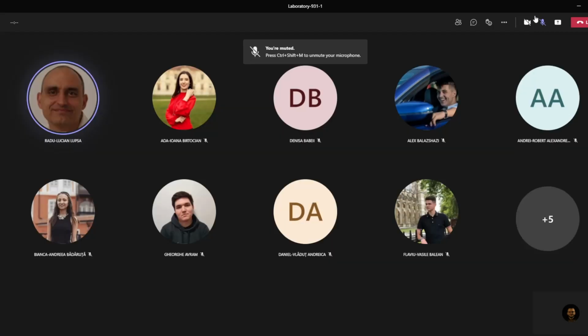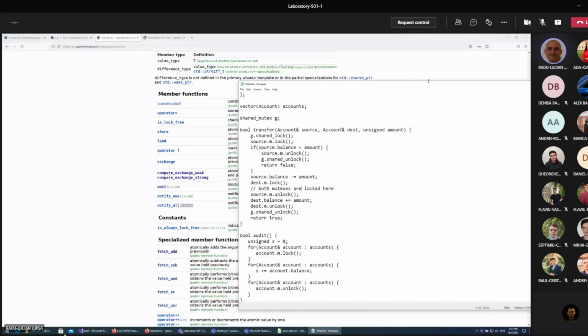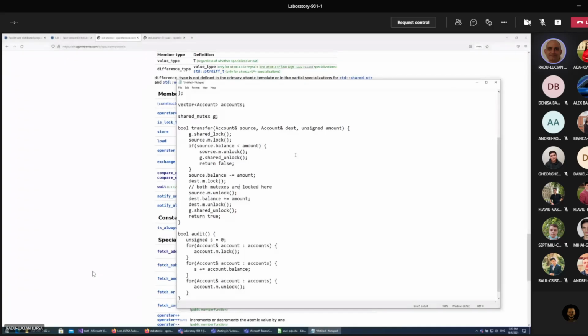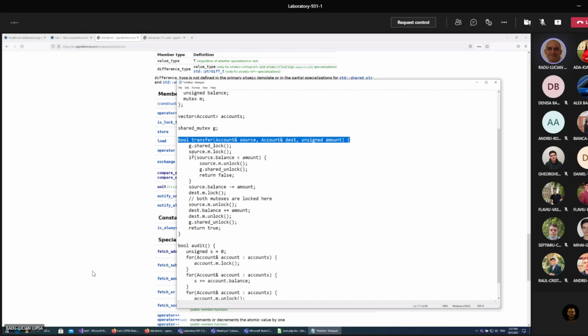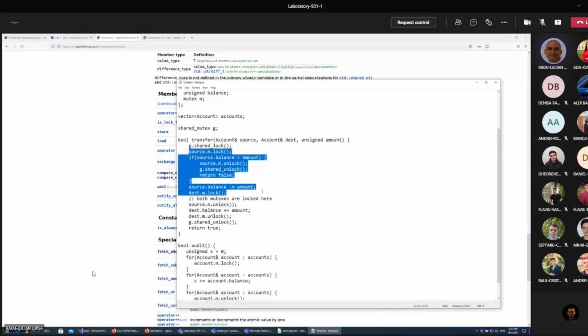The second part is, let me share back the screen. So your colleague did an excellent start there. Here is a sketch of what I had in mind with the transfer. Of course, there are many solutions for that. And here is the main part. And we have something like this. Let me go back to the